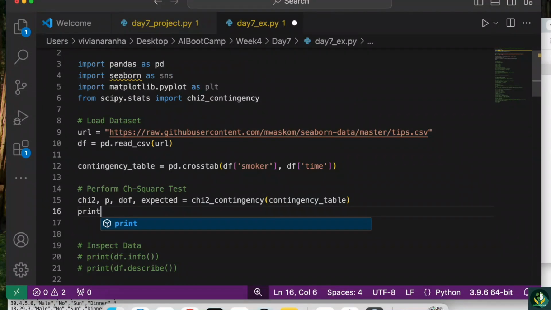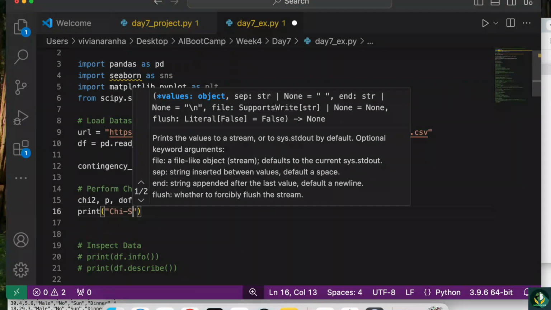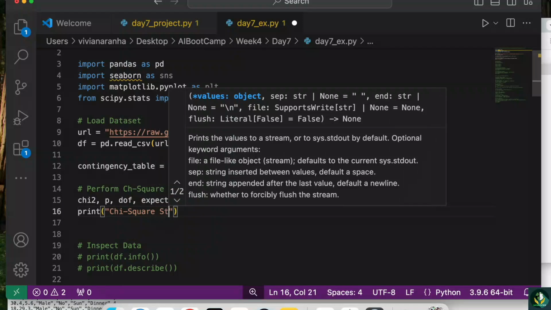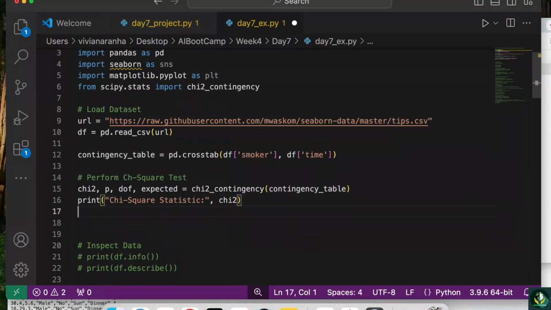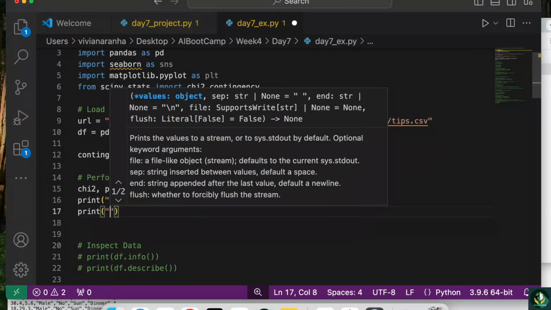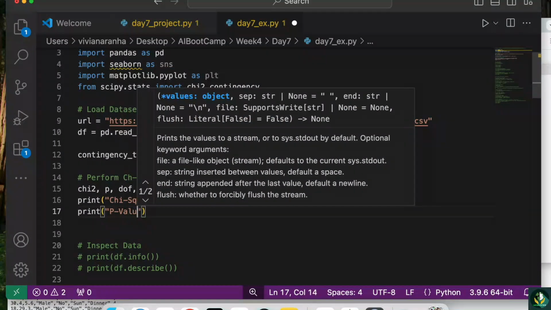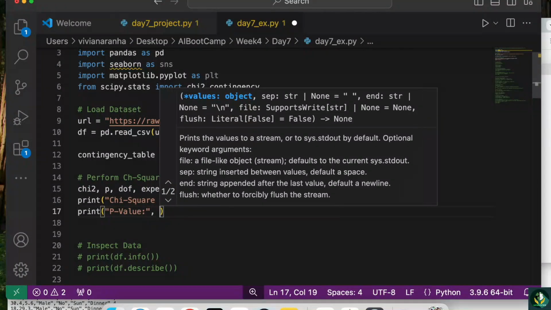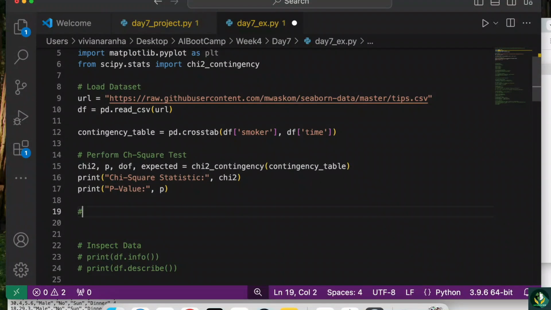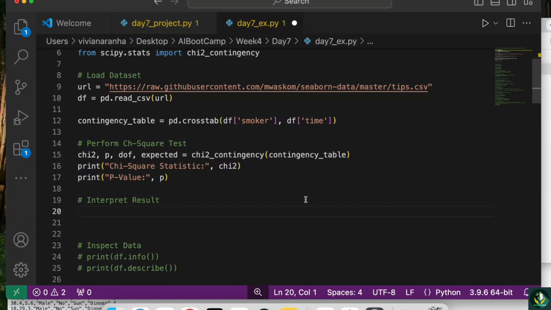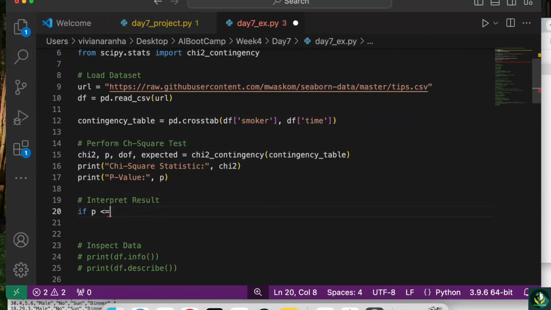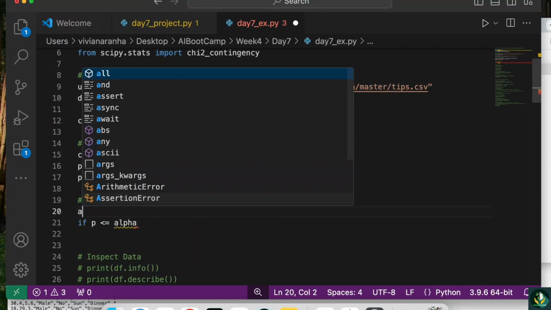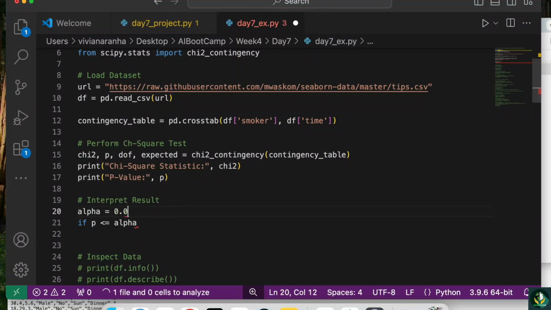Let's print them out. Print chi square statistic, and I'm going to say chi2. Next, I want the p-value, which is p. Now to interpret the results based on these tests, I am going to say if p is less than or equal to alpha, and alpha will use the standard 0.05,